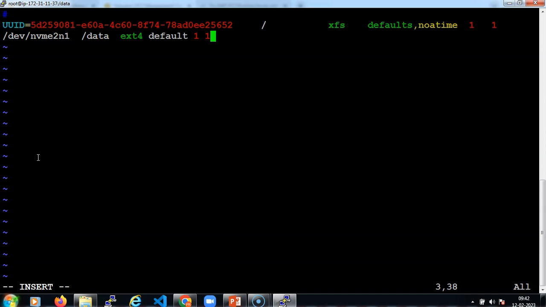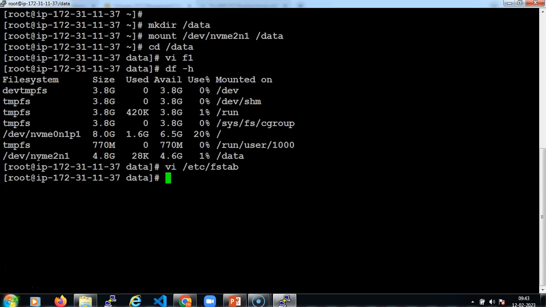Those settings will be explained here. Let me save this. So now after the reboot, the file system will get mounted correctly,